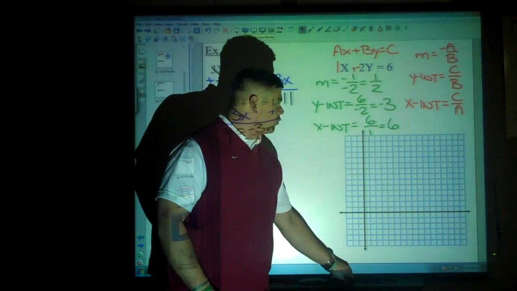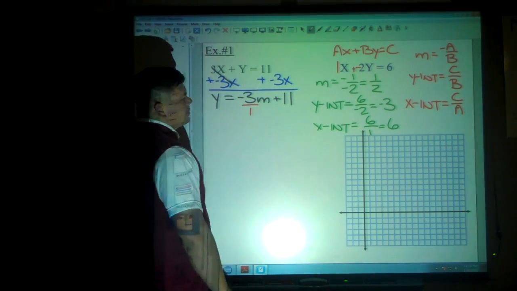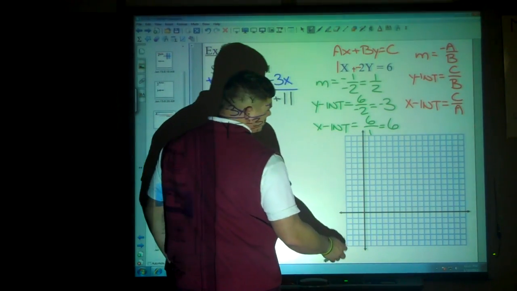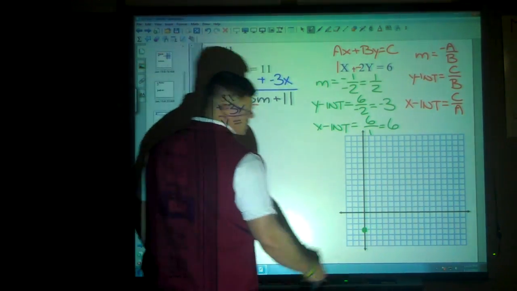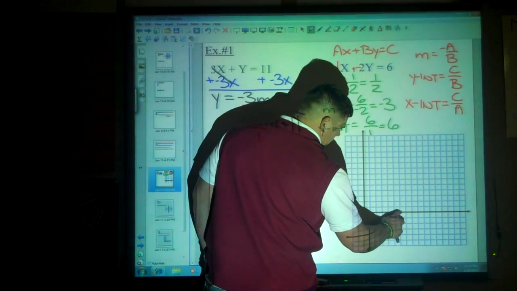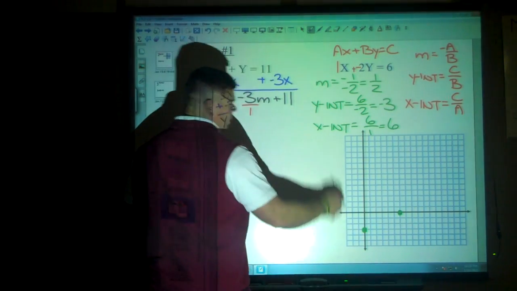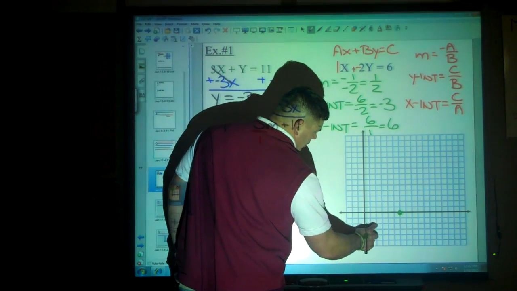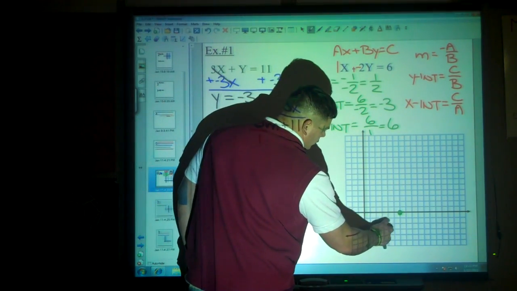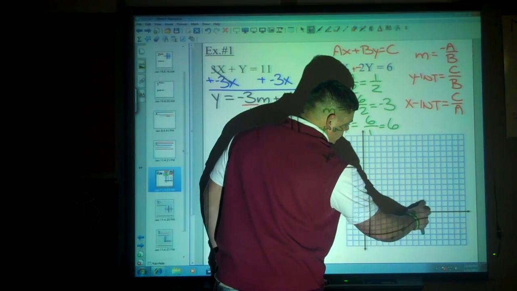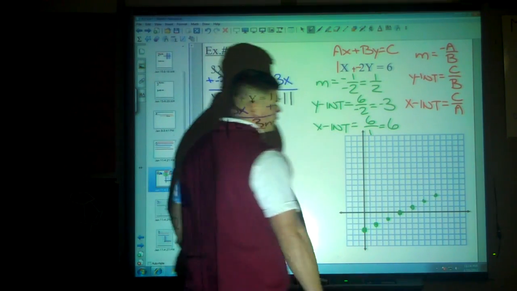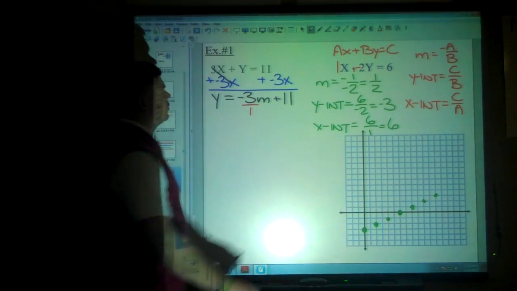This one's in, let's say, green. I've got a y-intercept of -3. So my y-intercept is right here, and my x-intercept is 6. 2, 4, 6. Just to be sure, does it go up 1 and over 2? Up 1 over 2, up 1 over 2. Yep. It would keep doing that. It'll do that forever. So I have a green line,